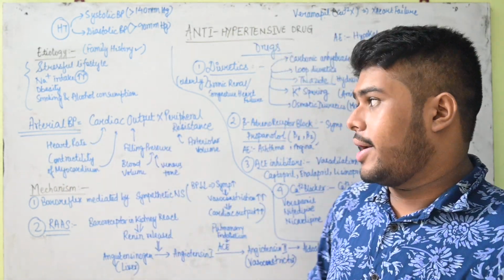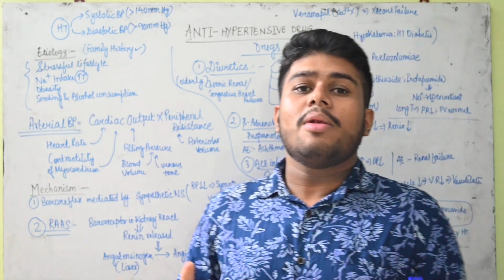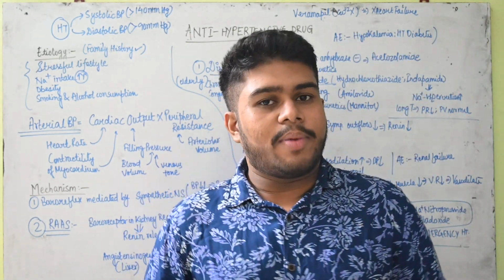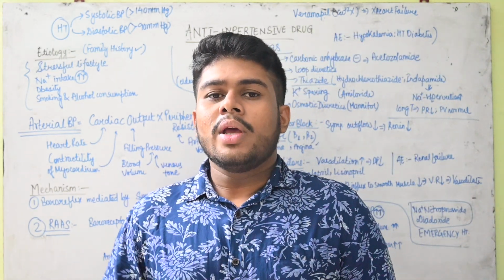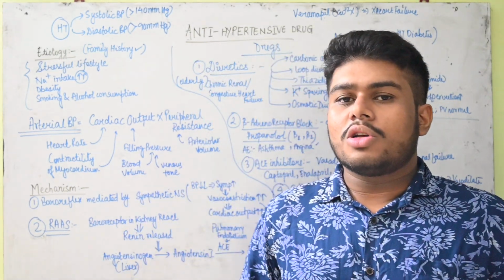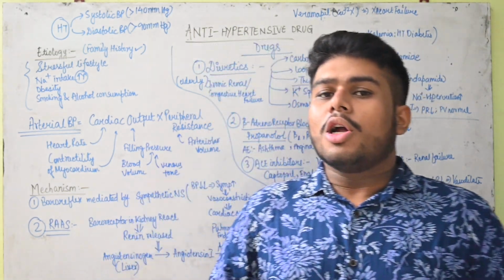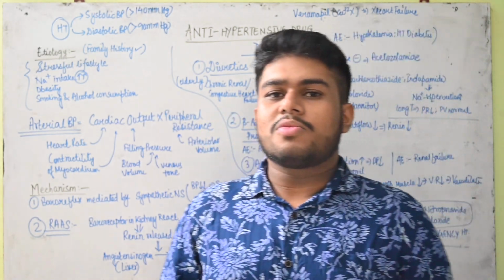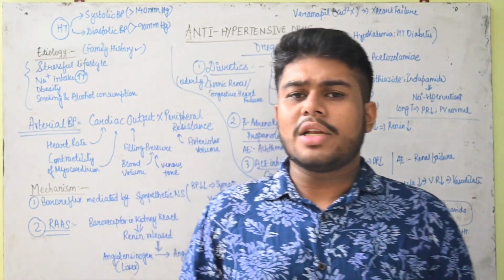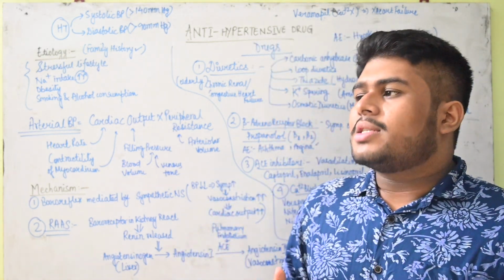First we have to understand the general mechanism of controlling blood pressure: if there is a fall in blood pressure at any time, what is the general reflex that gets activated in our body to maintain it? Because at any time there can be some sort of hypotension in the body, and that hypotension is compensated by certain reflexes.